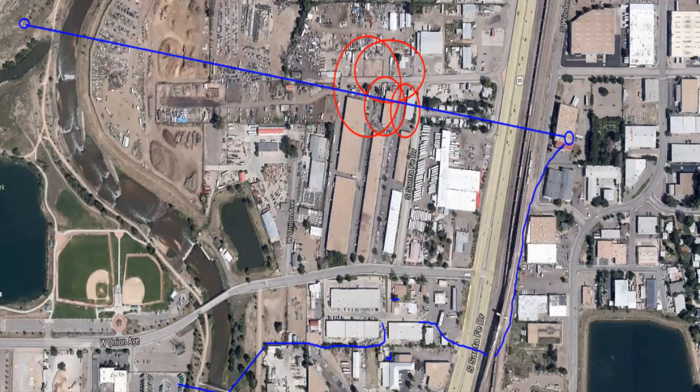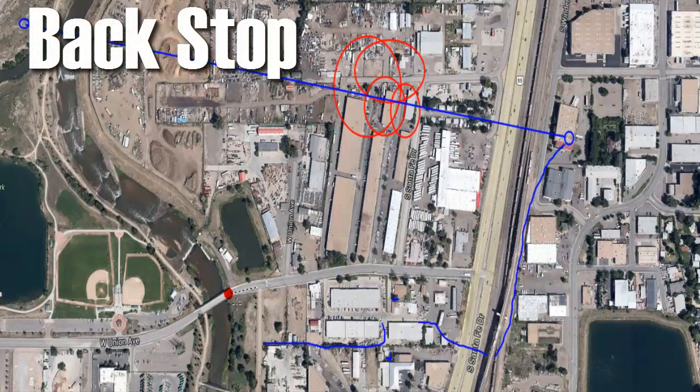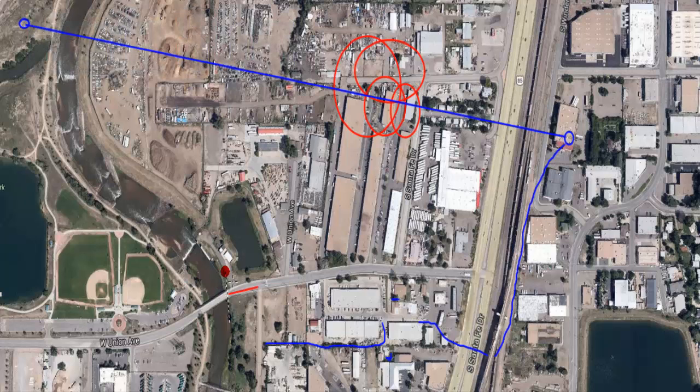what we can do is, let me get rid of a couple of these. What we can do is know that, okay, this road right here is going to be a backstop for us, and this river right here is going to be a backstop for us too. So we know that once we get down here to this area, all we have to do is find this backstop, this red backstop right here where the river meets the road, and then we can travel up this way. And then once we get there, we can decide whether we want to cross this bridge,